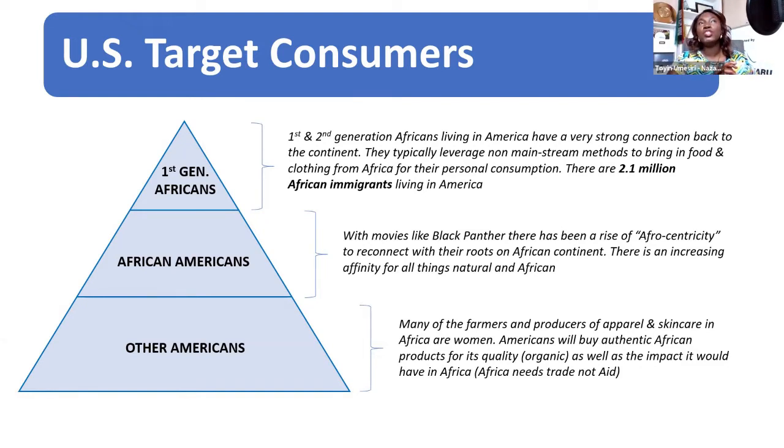Those, it's easier for you to sell them certain things because they're already craving the food. For example, during winter, they're always looking at their skin and saying, oh, I know back home in Africa, there's a particular oil, moringa, or a particular marula oil, or shea. They know all those remedies back home. And they're like, oh, how I wish I could get this thing here today. So that group is a natural sweet spot for people trying to penetrate the US market.